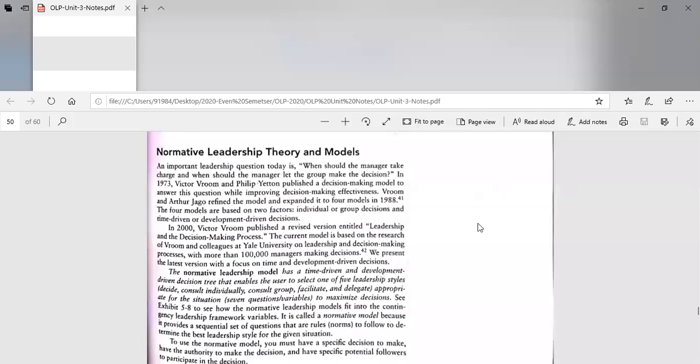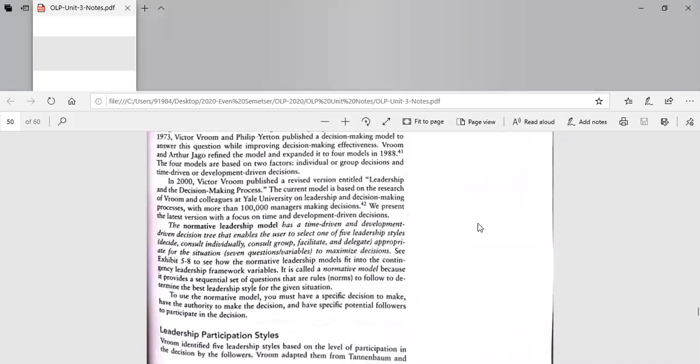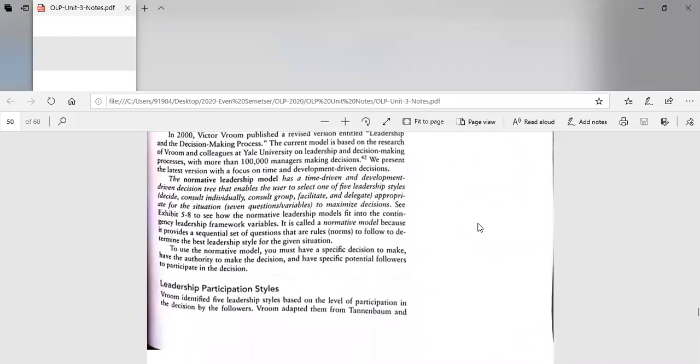So the topic for today is normative leadership theory and substitute theory. Two theories left under this unit. So for this class, we're going to see what this theory says. Now, as a definition, the normative leadership theory has a time-driven and development-driven decision tree that enables the user